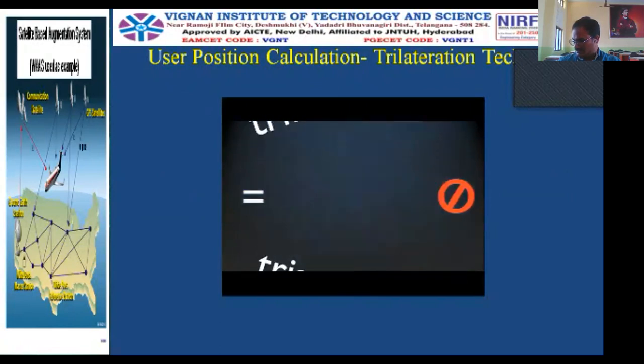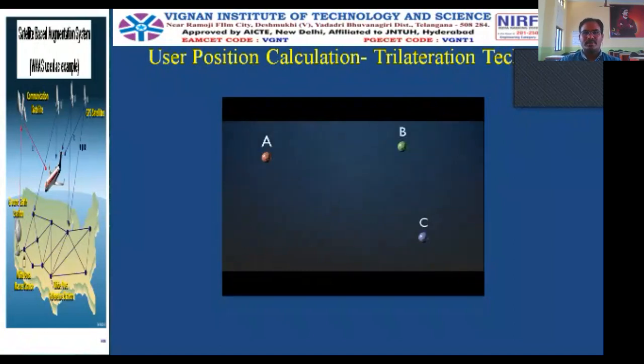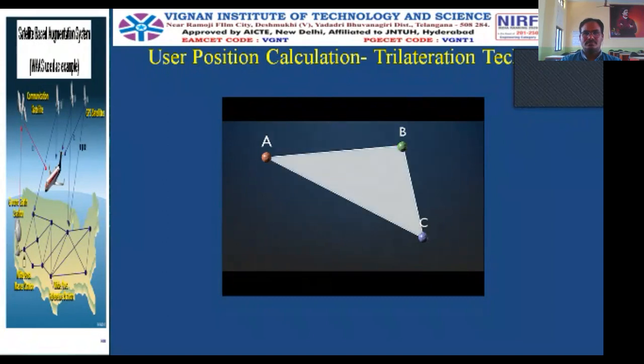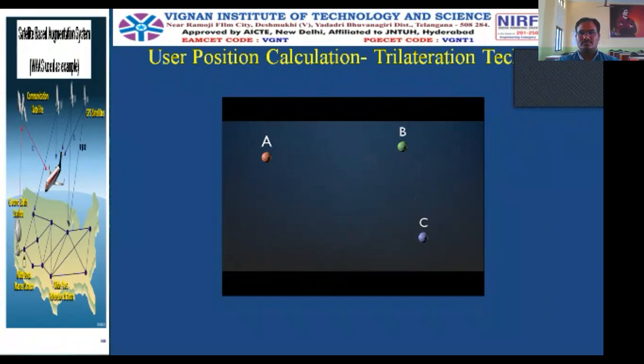I'll show you this using a simplified two-dimensional visualization. Let's say we have three transmitters, A, B, and C. They form a triangle. However, they will be able to locate an object not only inside of the triangle, but anywhere in their range. So let's start by measuring the distance to the satellite A. I'll illustrate the measured distance with a circle.